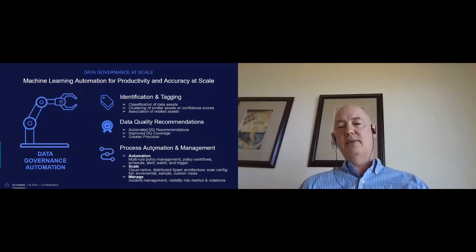As we profile and identify and relate these assets, then we can apply data quality rule recommendations. This provides several advantages. First off, there's always going to be rules that are custom to your organization, but the vast majority of rules should be things that you can apply quickly, without having to pore through field by field, table by table. So we surface those standard recommendations to allow you to do that quickly and easily and broadly across your data assets, as well as with greater precision by being able to profile your information and determine what the right thresholds are for validating your data.